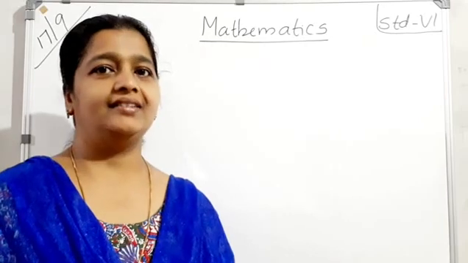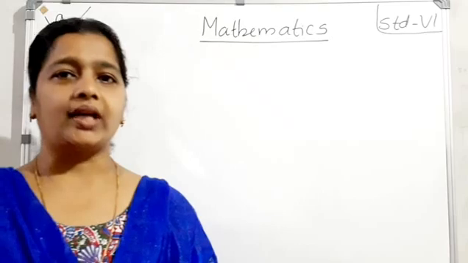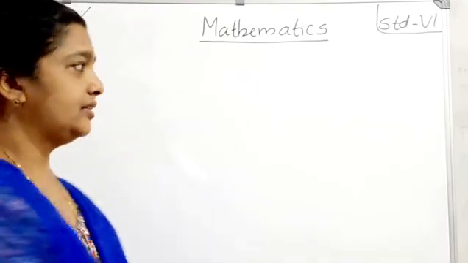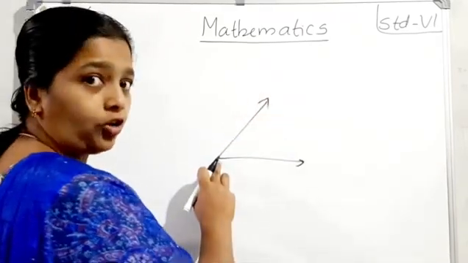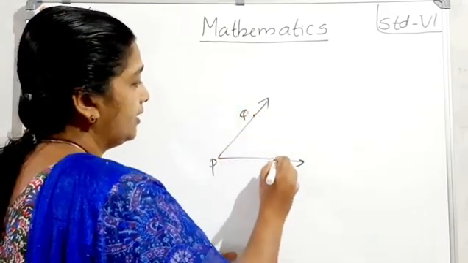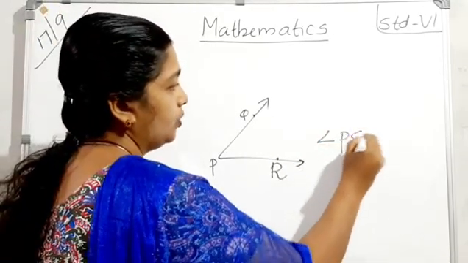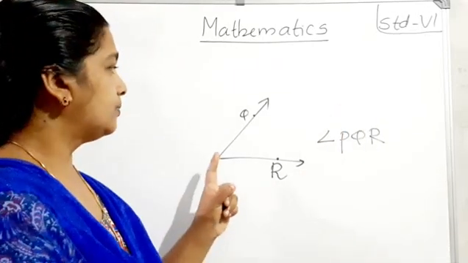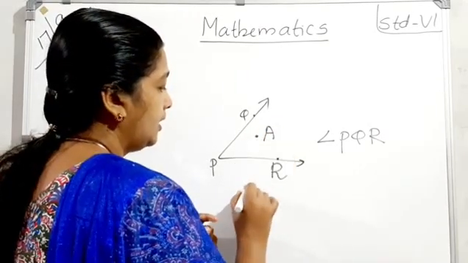What is an angle? Say the definition of angle. Yes, an angle is made up of two rays starting from a common endpoint. Angle. That is an example. Two rays starting from a common endpoint. So, P, Q and R. This is an angle. How can we represent angle PQR? Understand? Yes. So, here we can put A and here B.